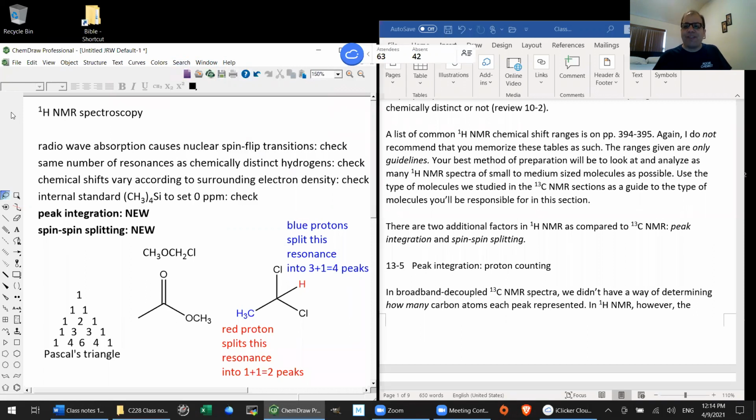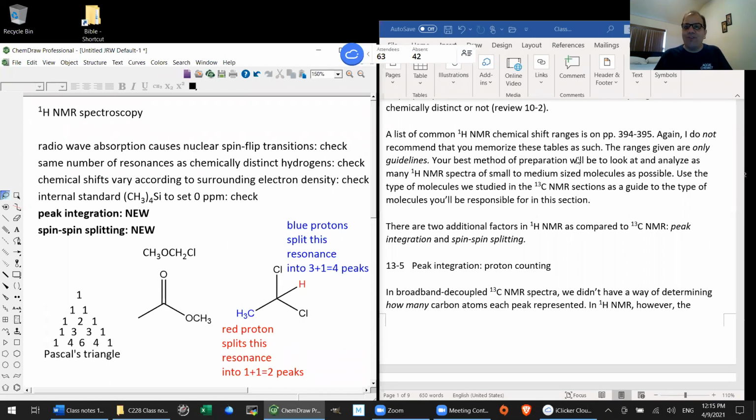You know, these are calculated, but it does a pretty good job. I've done at least one of them, and you'll see it works actually pretty well. Good. So about that correlation table, there's a correlation table of chemical shift ranges for Proton NMR in your textbook, and in normal semesters where exams are not open book, I always say that I do not recommend that you memorize that table. I don't think that's a good use of your time